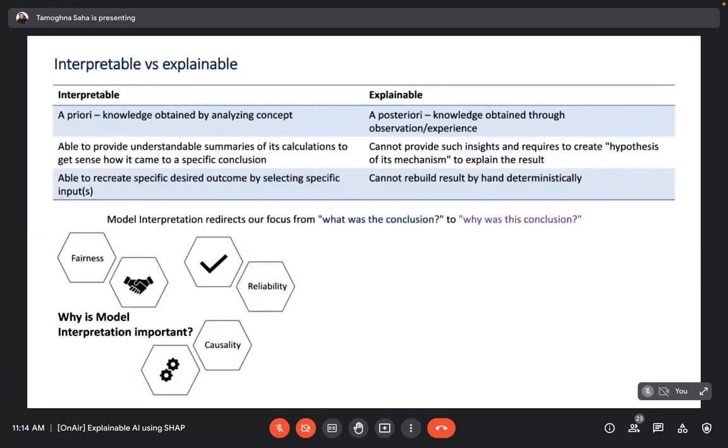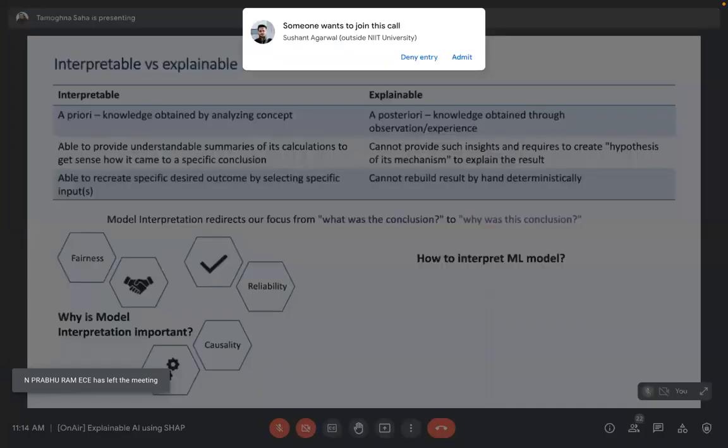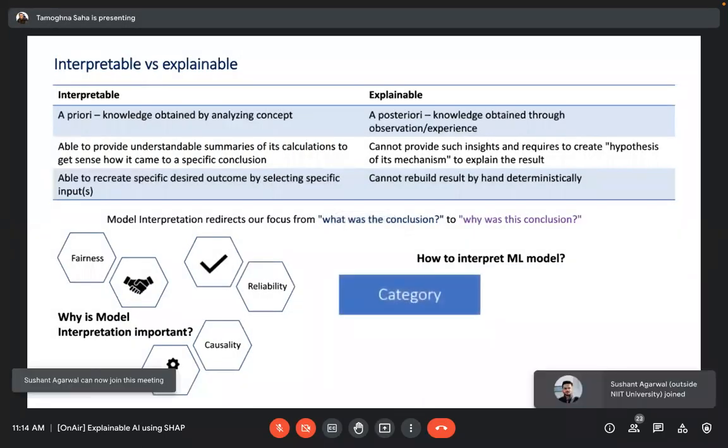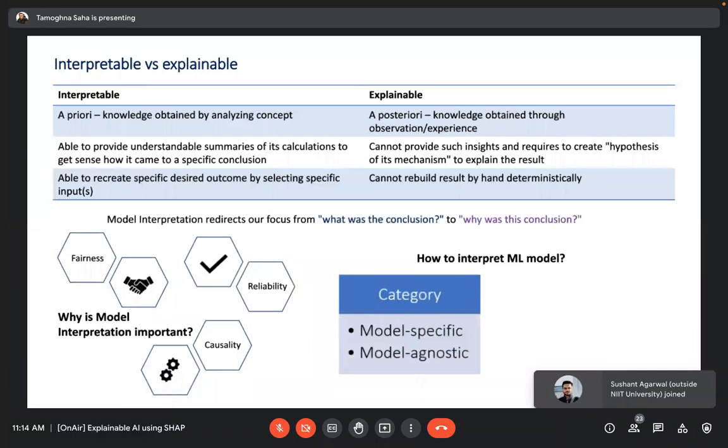I'll come to this causality part a little bit in the end, but let's move on to understand better the remaining sections. So how do we interpret machine learning models? We can split it up into two perspectives. One is the category, where we can go model specific or model agnostic. Model agnostic means any model, and model specific means specific to XGBoost, random forest, or those kinds of models.